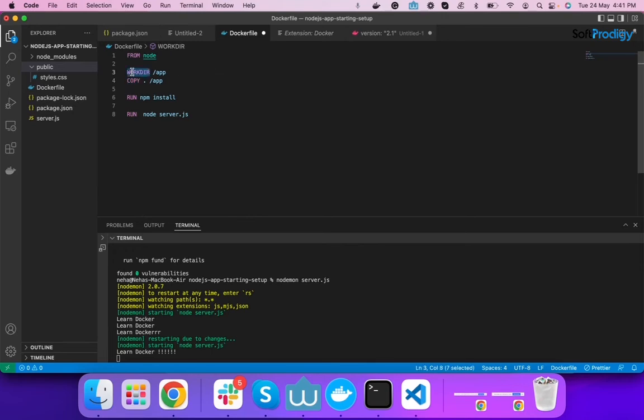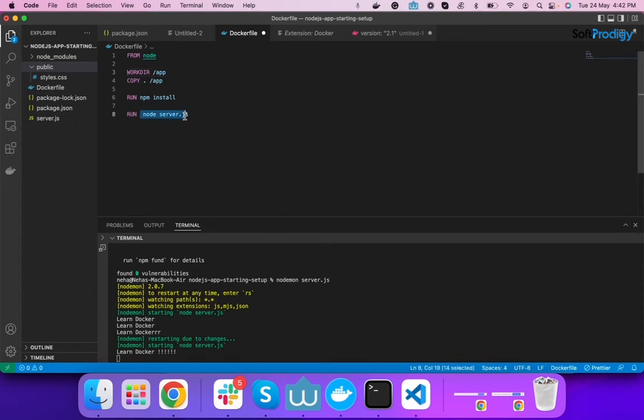We are mentioning this directory because when Docker is going to run this npm install command, it will run inside the app directory. If we don't mention this line, then Docker doesn't have the path where it has to install the npm dependency.